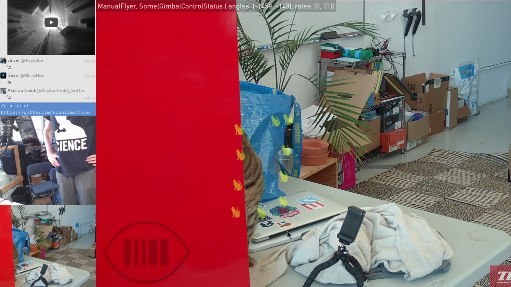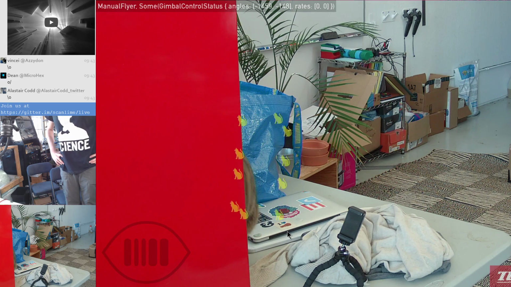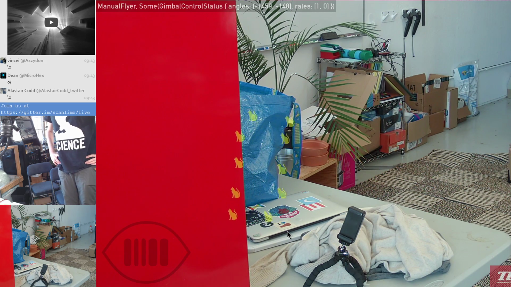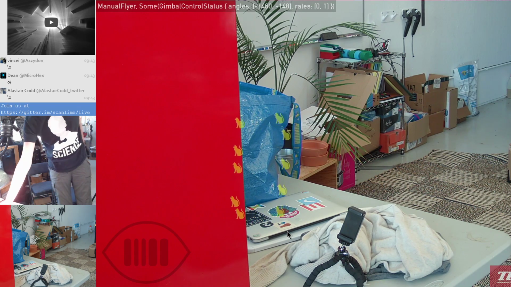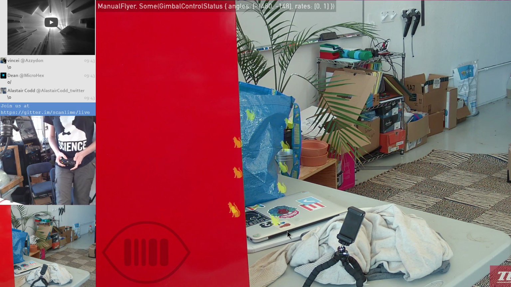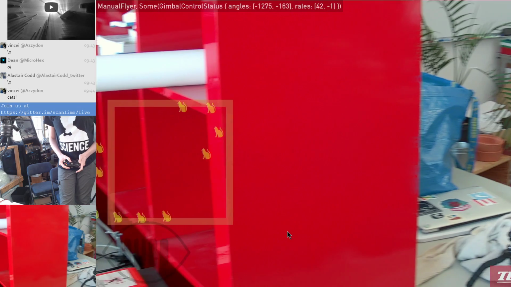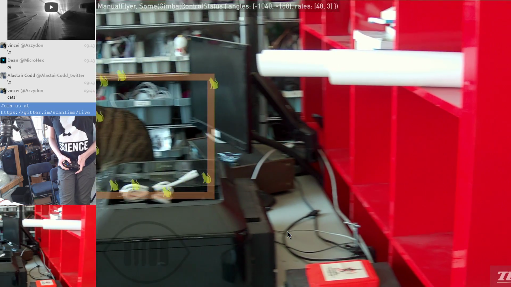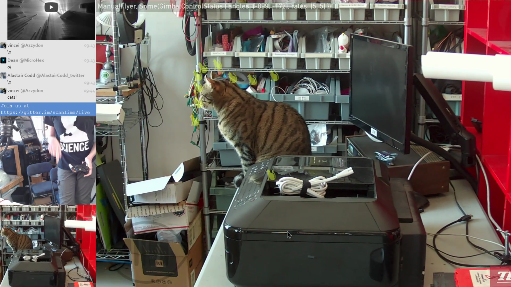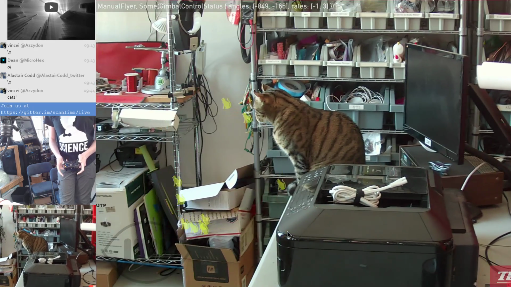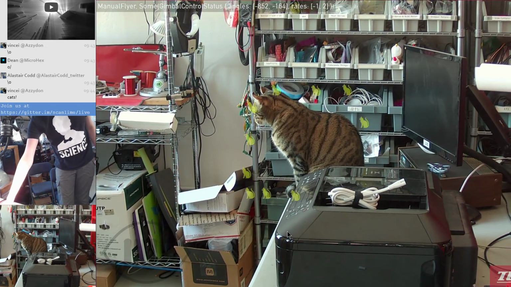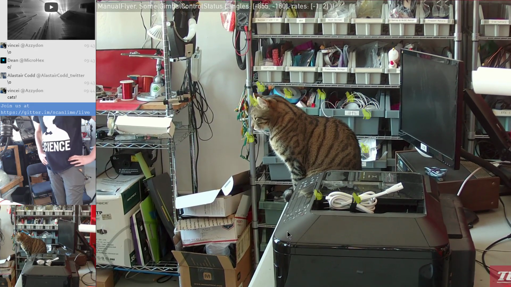This is the current state-of-the-art cat tracking. It's not currently moving around. The robot is just hanging from a stationary stand, but the gimbal has the ability to swing around. It has a limited range, it doesn't move continuously. So if you see that angle tracker at the top, you also see that orange rectangle is when I'm moving it around manually. But then if I just leave it alone, then it will try to keep its eye on